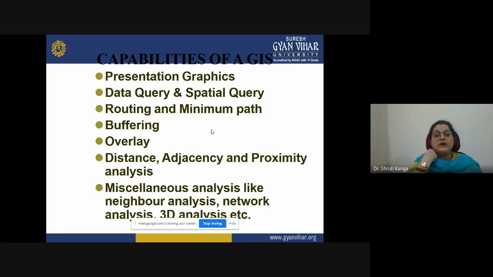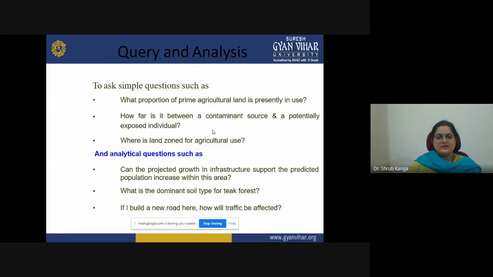Then routing and minimum path calculation, buffering analysis, overlay analysis of various layers, and then distance, adjacency and proximity analysis, and miscellaneous other analyses like neighborhood function, network analysis, 3D analysis, etc. So these are the unique capabilities of GIS.